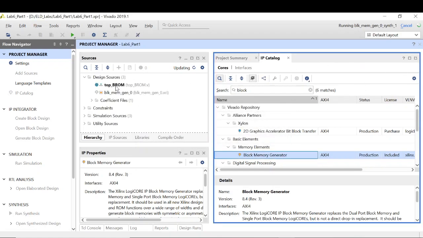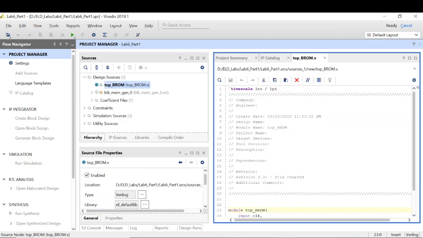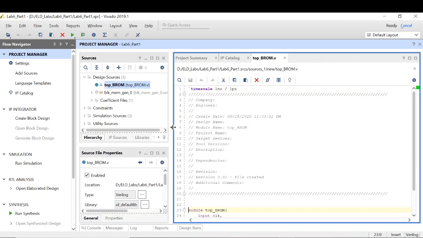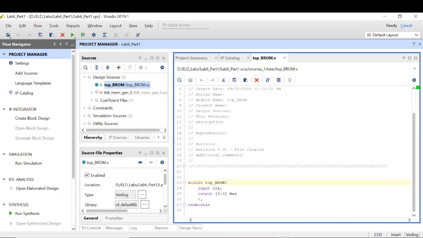Next we need to write the code to first access the memory one by one. We have to address the 10 locations from 0 to 9 one by one, read the data from there, and find the maximum amongst them. For this we need to write logic for the code. So first thing is, let's generate the address. How to generate an address from 0 to 9? Basically we need to implement a simple counter which will go from 0 to 9.